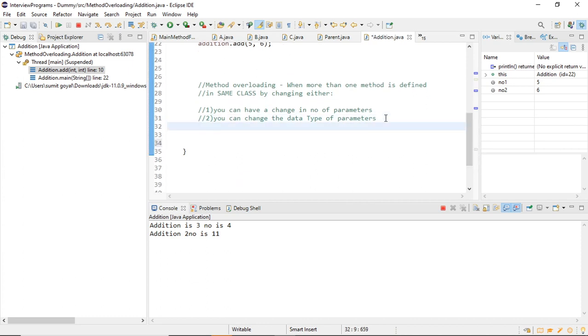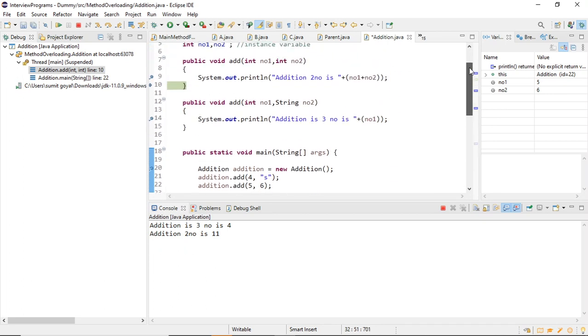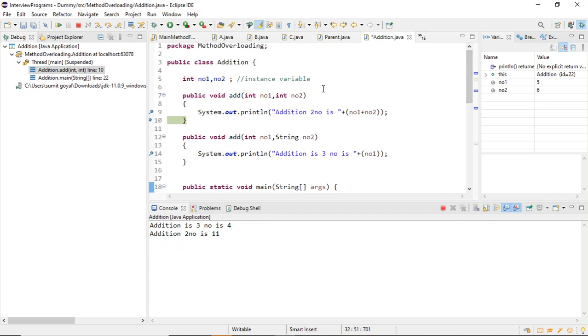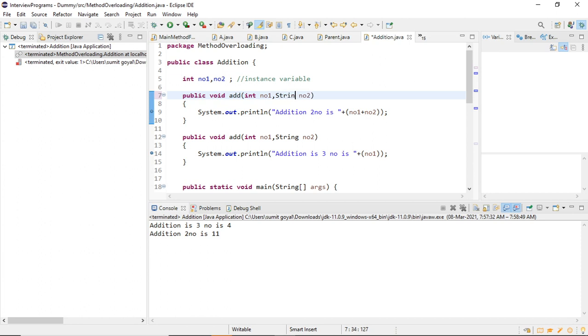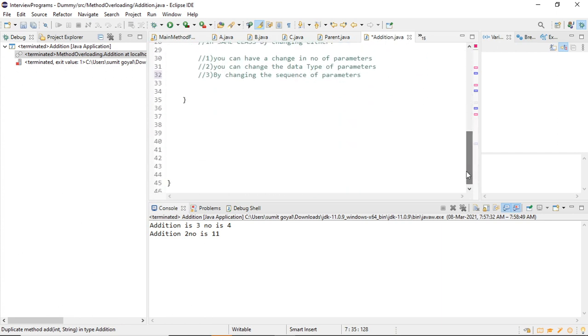And what is the third way? By changing the sequence of parameters. So what does that mean? Suppose if I stop this program, suppose it is integer comma string, right? And if you write a string here, then again it will give the error because you are keeping everything the same. So now what I can do, still I want to achieve it, I can say by changing the sequence of parameters, which means